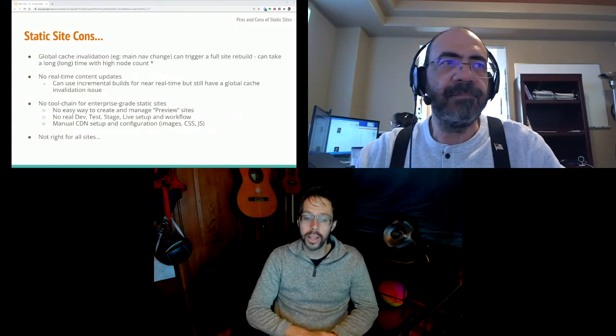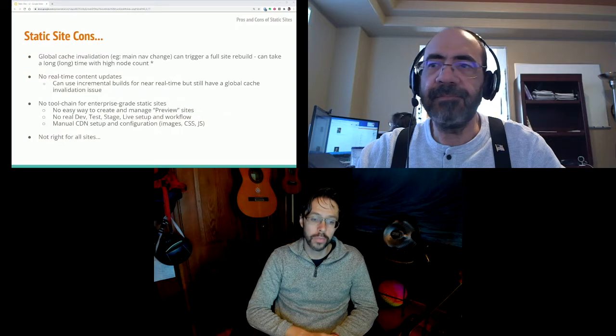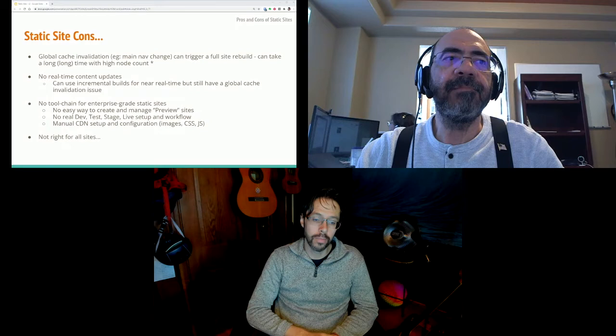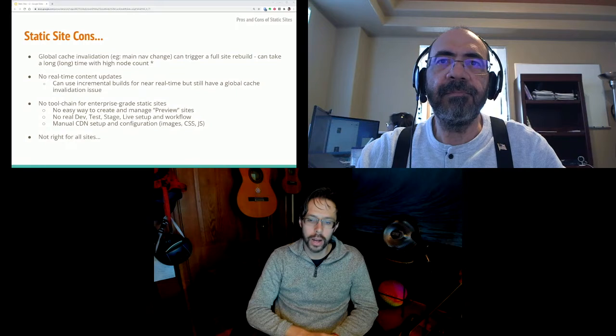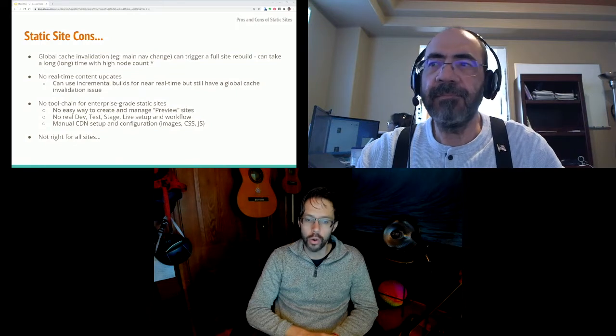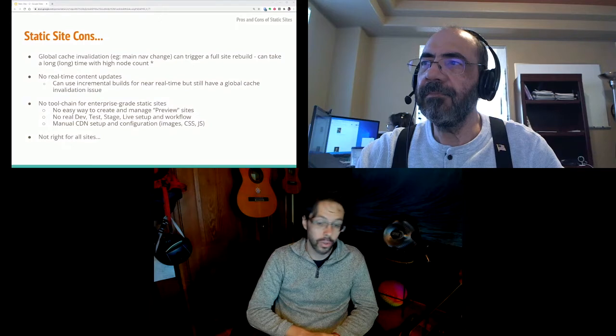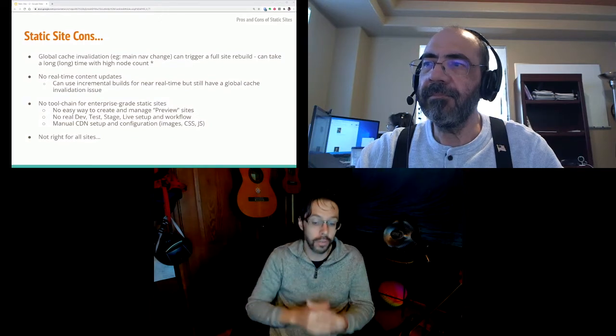Yeah, global cache invalidation. That's really a big one. There are certain cases where no matter what you do with the static site, every now and then you're going to have to do a full site rebuild. Quant CDN calls it a seed job, things like that. It's not horrible, but when you get higher node counts, it starts getting pretty painful. Editors want to get their content out, but you're looking at 10 minutes, 20 minutes to build all 50,000 nodes,